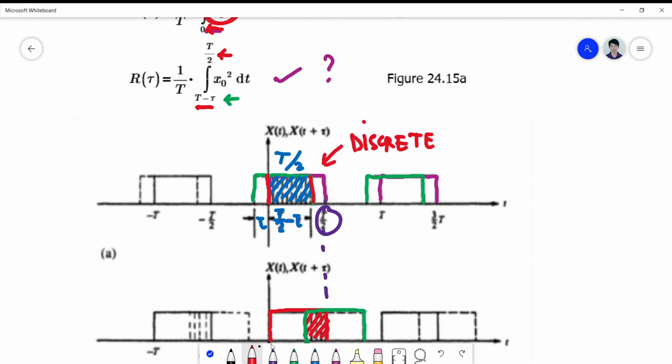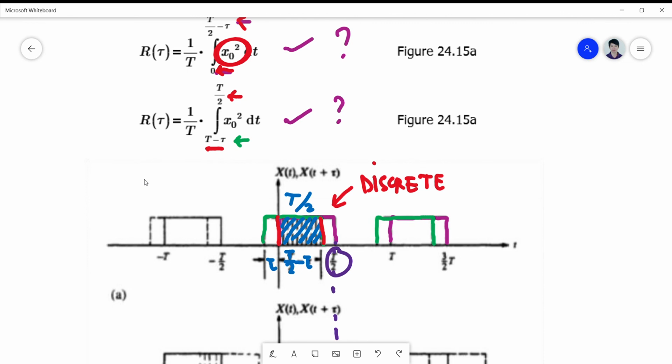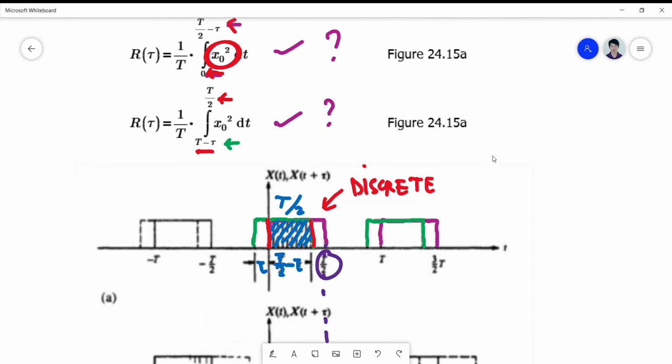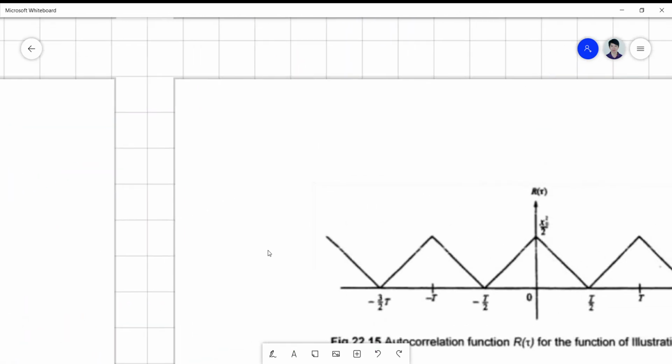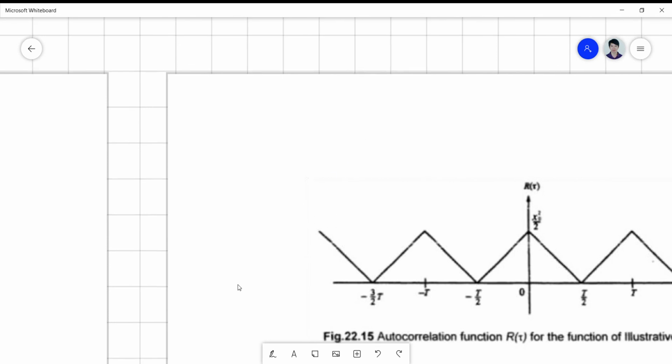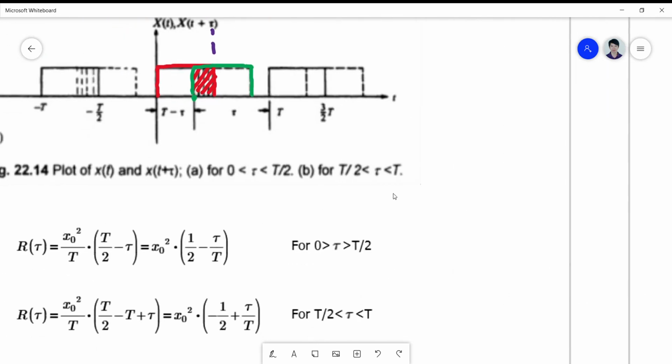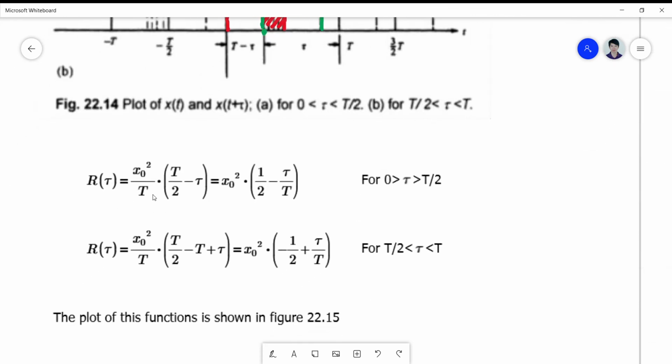Kaya kailangan magkaroon ka ng dalawang representation. Okay? And doing this integration procedure both will simply yield a result. Okay? And it is easy to integrate. No? This is easy to integrate. Ito, ginawa ko naman pala dito. Akala ko hindi. Okay, so if you integrate that, your integration will simply have your x o squared